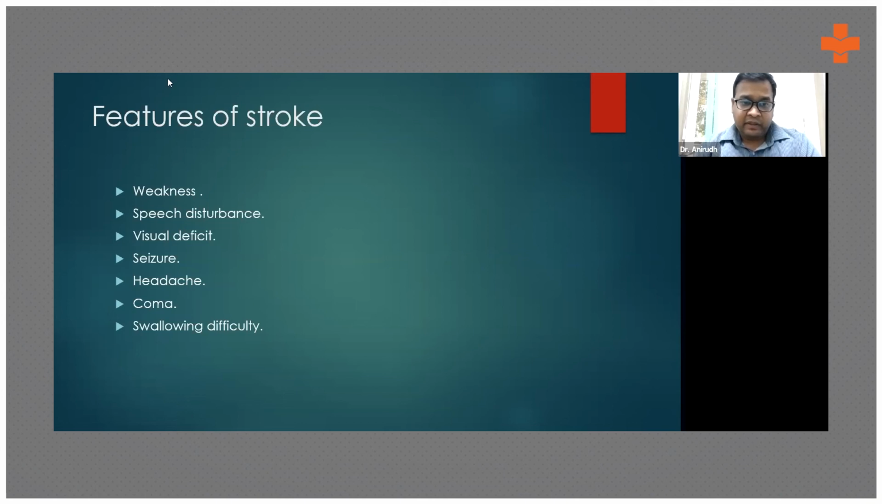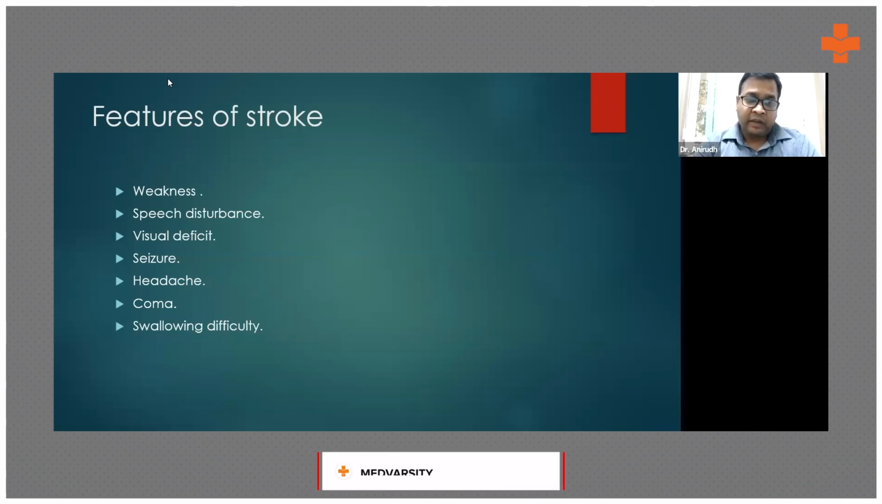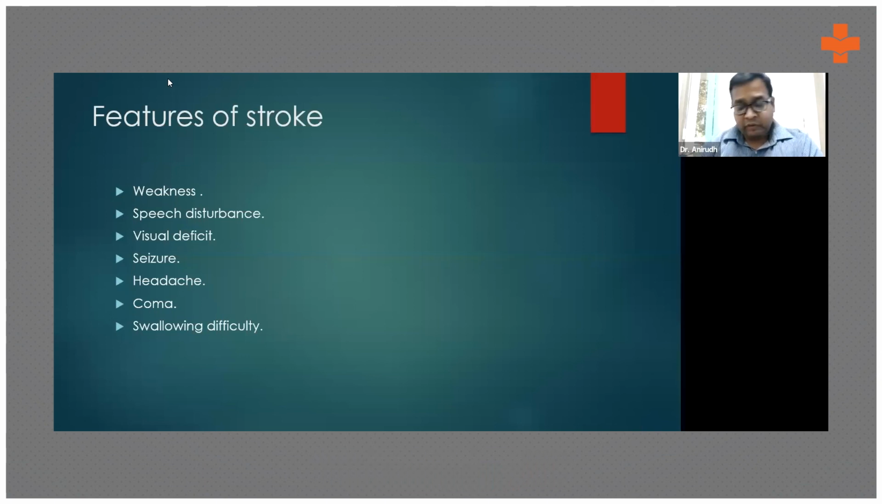Some people might have seizure. Seizure can be of different types. We won't go into the details, but yes, seizures, or fits as they are commonly known, can be a feature of a stroke. Then some people complain of headaches, sometimes very severe headache in patients who have a subarachnoid hemorrhage. Patients who have a severe stroke just go into coma, and obviously swallowing difficulty, which might be presented as drooling from the side of the mouth and